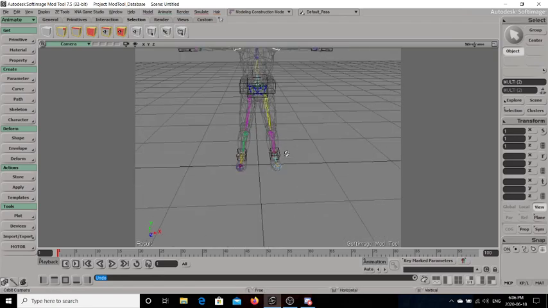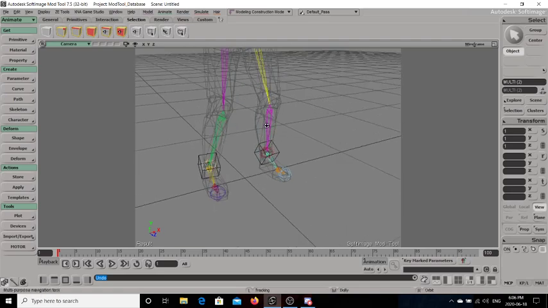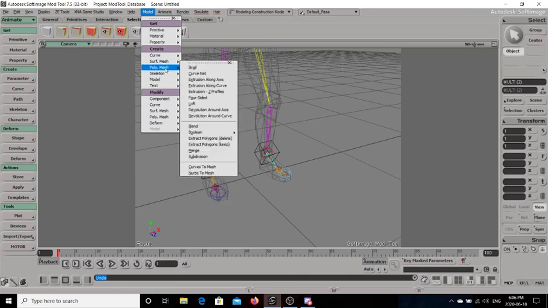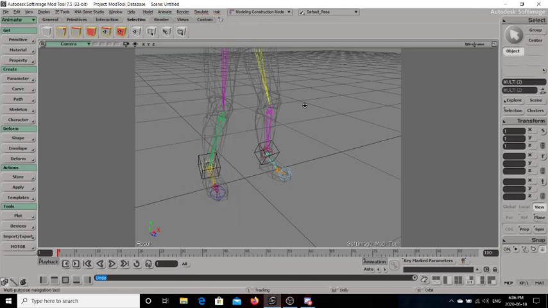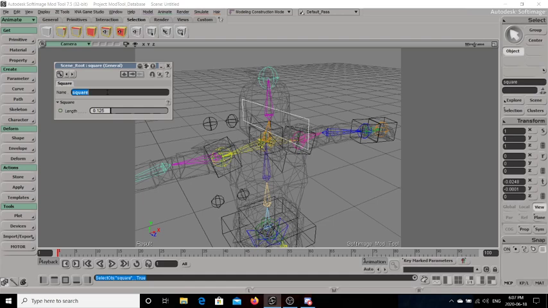Now, as for toes, because our foot is already set, toes are very, very simple. We're just going to go back. We are going to create an implicit geometry for the toes. First, I don't actually remember if I named some of these correctly, and I did not. So, controller head, controller neck,